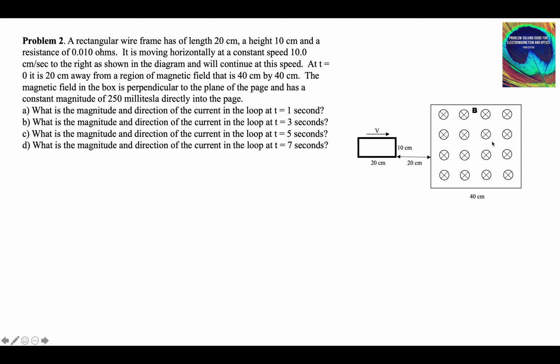It's going to continue at constant speed. It starts at 20 centimeters away from the region. The magnetic field in the box is 250 millitesla into the page. What is the magnitude and direction of the current in the loop at 1 second, 3 seconds, 5 seconds, and 7 seconds? The speed is